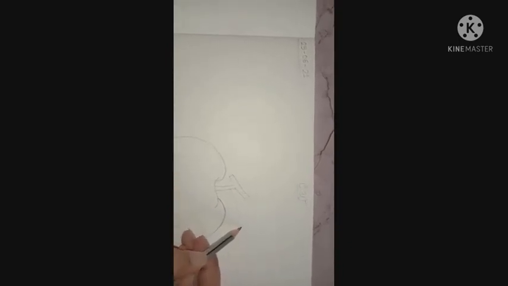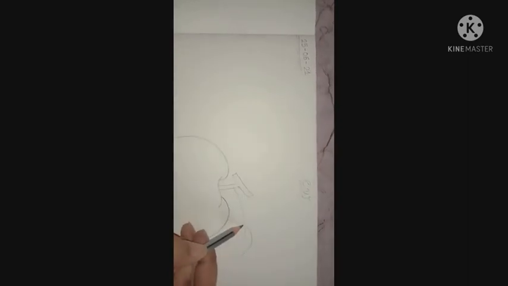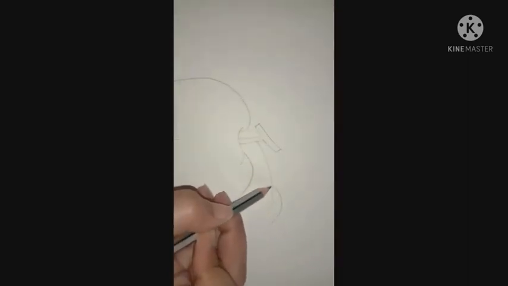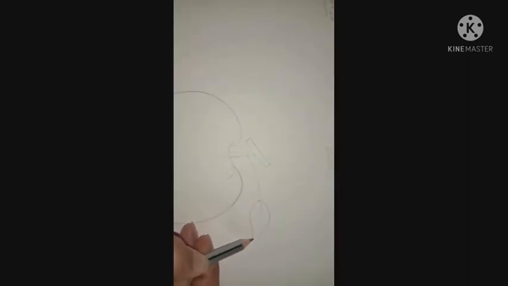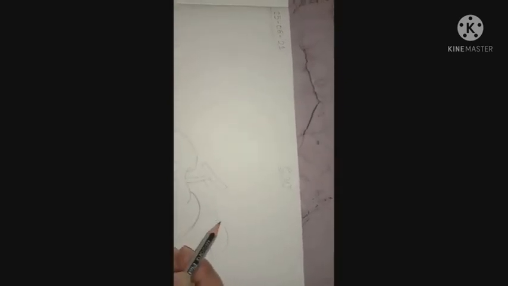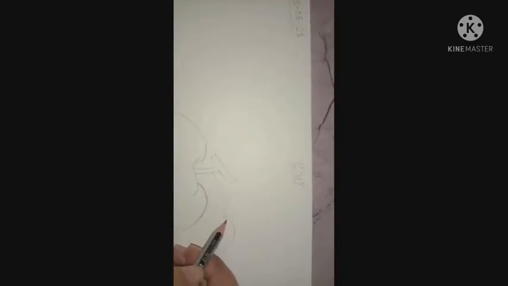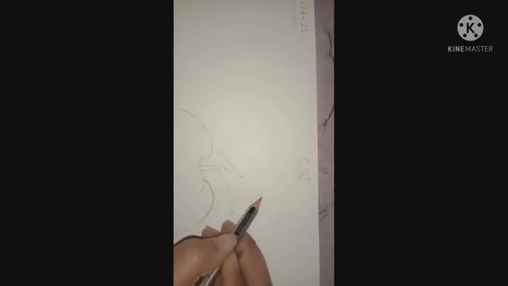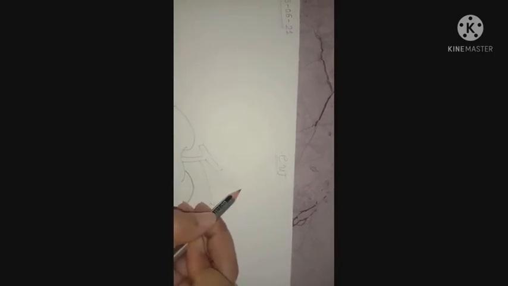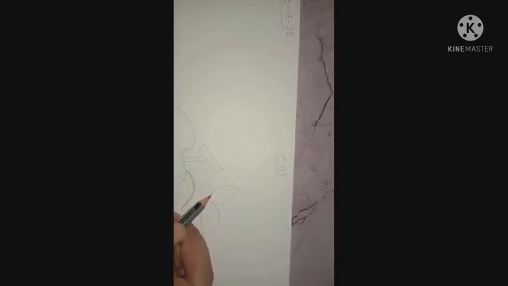Okay, now from here make one little slanting line like this. Then two curves: one curve, and keep your pencil here, another curve like this. Now keep your pencil here and make two more curves, one curve and another curve. Okay, these are the two leaves of an apple.